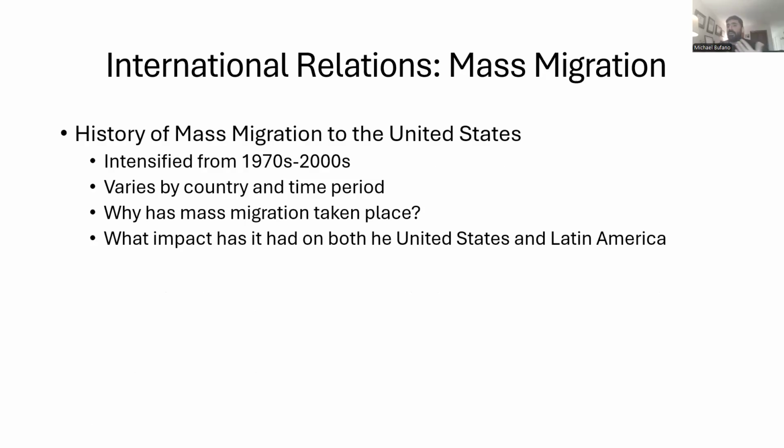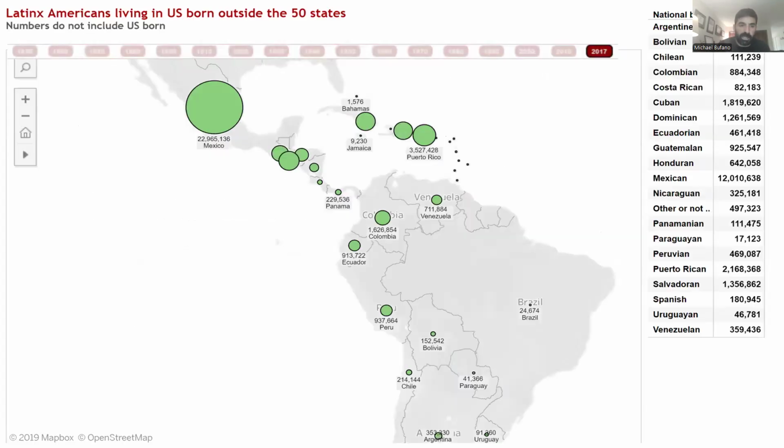And once again, there's lots of debates about the positive and negative impacts. Some scholars argue that it led to a lot of economic growth and prosperity. It also helped with increasing trade as well. It led to a lot of cultural diffusion. But others argue as well that it had some negative impacts, such as the emergence and growth of the drug trade, for example, and the growth of narcotics to the United States, as well as the movement of guns from the United States to Latin America, that it may have intensified the political violence within Latin America as a result of this.